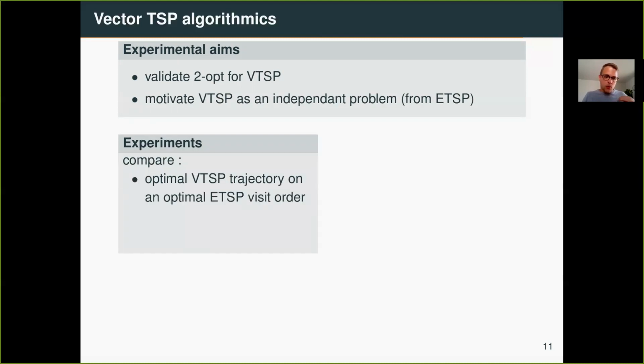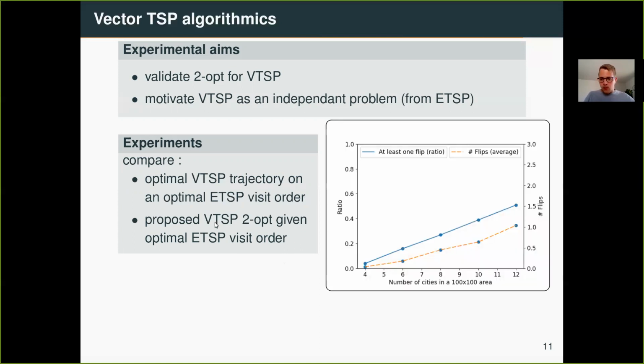So we used Concorde, which is a TSP solver, which gave us a lot of optimal visit orders for instances, for which we computed an optimal racetrack trajectory, and we put our two-opt against it. What you can read from these graphs here, I don't really have much time, so I will go only over the blue results. The blue results are the percentage of instances tested which admit at least one flip. And so we did a number of